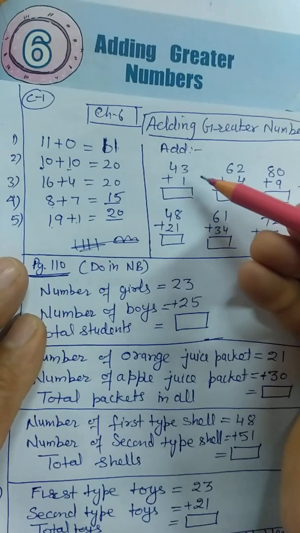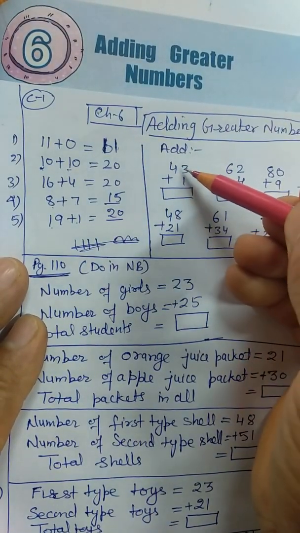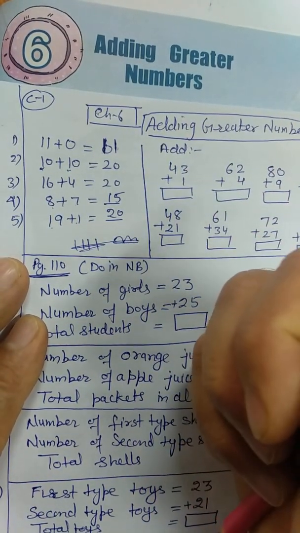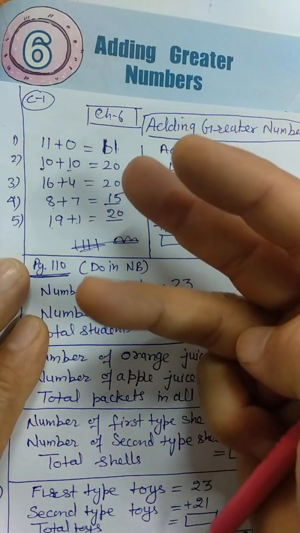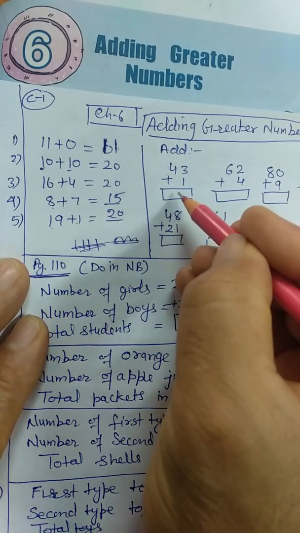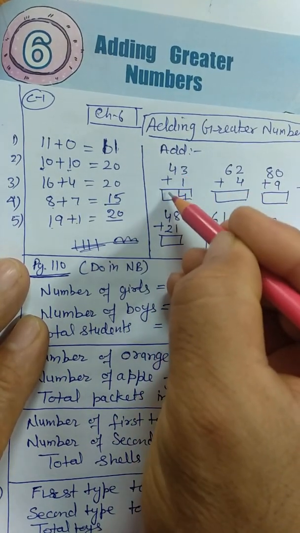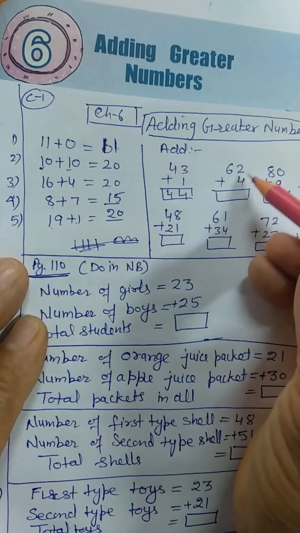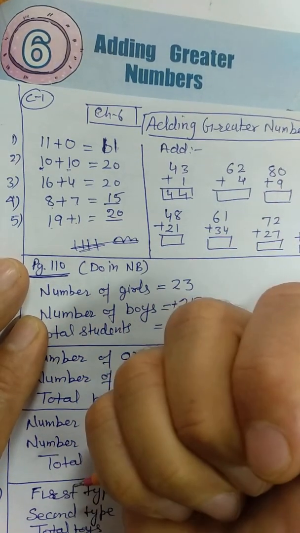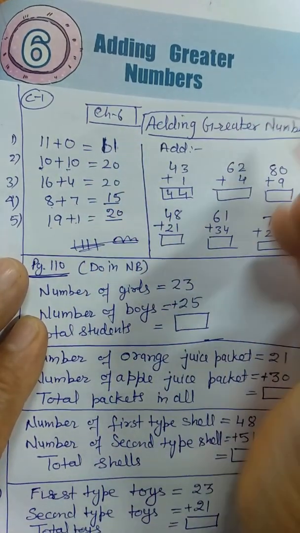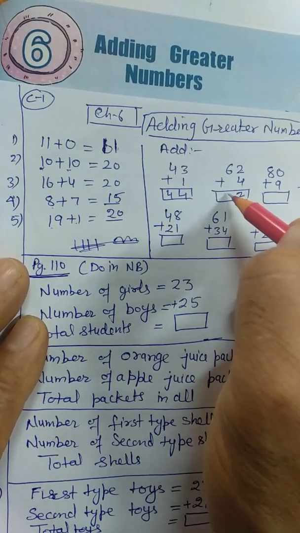Now we can add vertically also, in the columns. So 3 plus 1, after 3 you count 1, 4. 3 plus 1, 4. Or you can open 3 fingers first and then 1 more, it becomes 4. And if there is a single 4, you bring it down. And the same way 6 plus 2, 4 plus 2 is, after 4 you count 2: 5, 6. So it is 2, and 6 will be here.